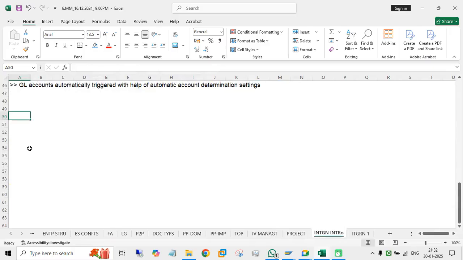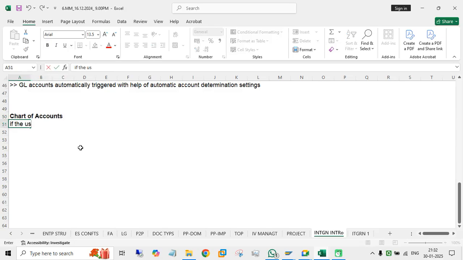Normally whenever the chart of accounts, so what will happen